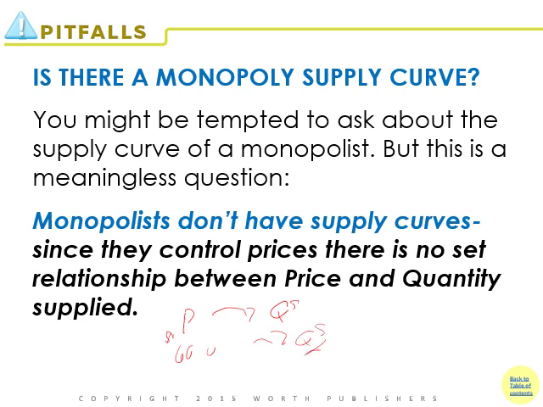And in a monopoly situation, what the monopolist does is it actually looks at the overall demand characteristics in the market, and it sets a price and output that's going to maximize profit given its cost structure and those demand